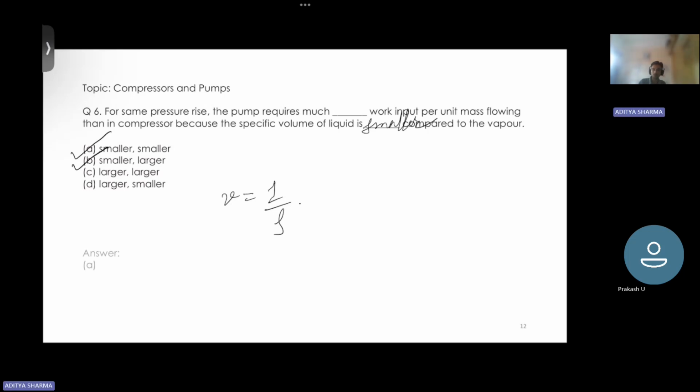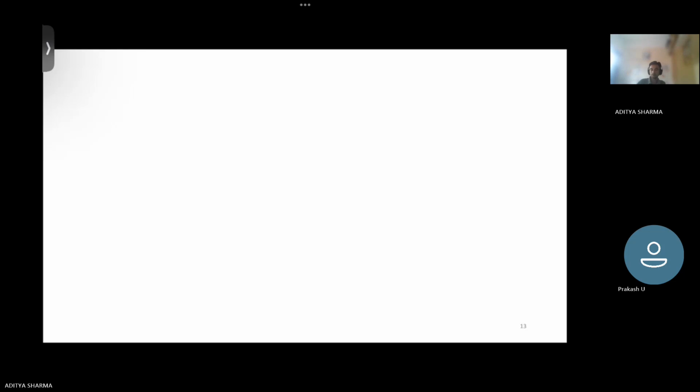So first, this fill in the blank was correctly answered, but then for the second, it was straightforward based on whether the specific volume for liquid is higher in comparison to gases or not, right? Okay. So yes,